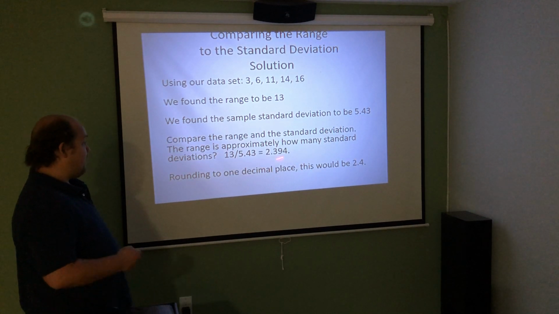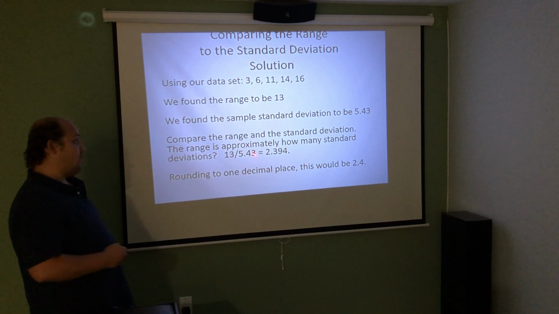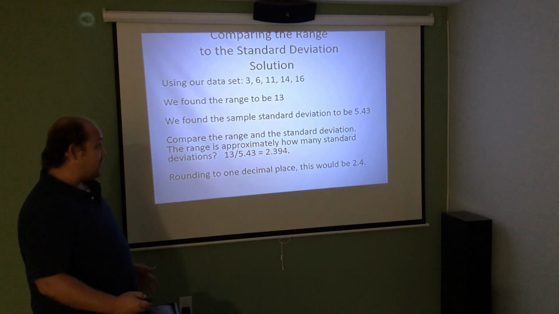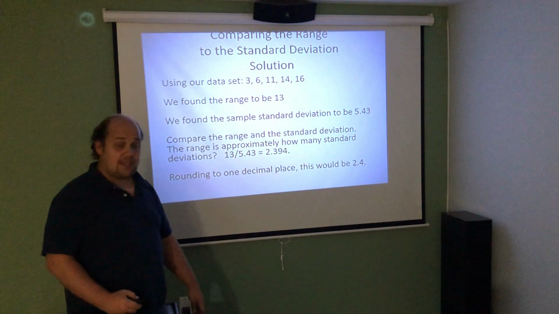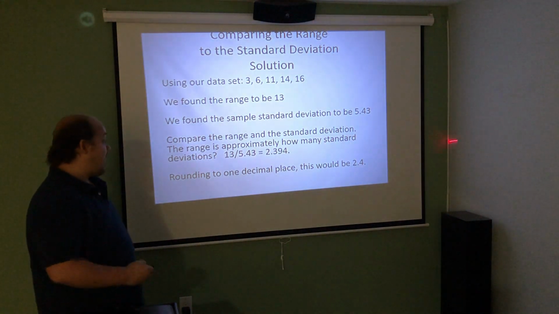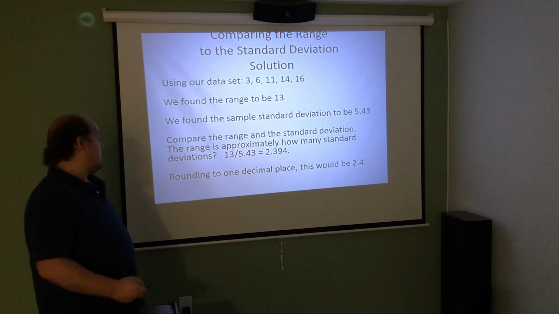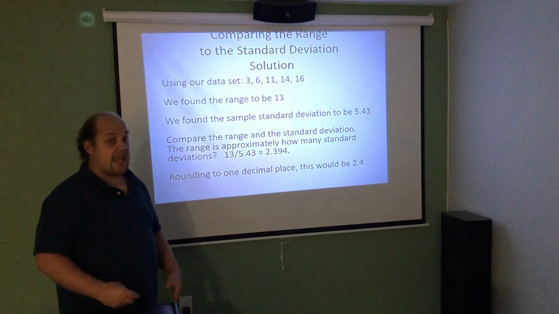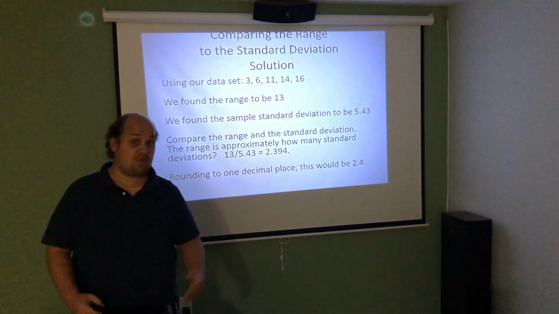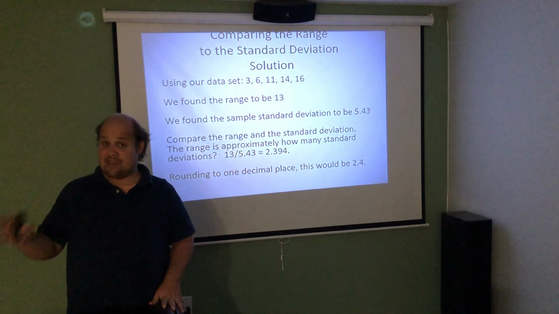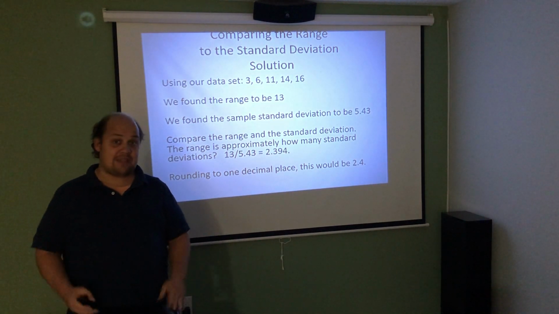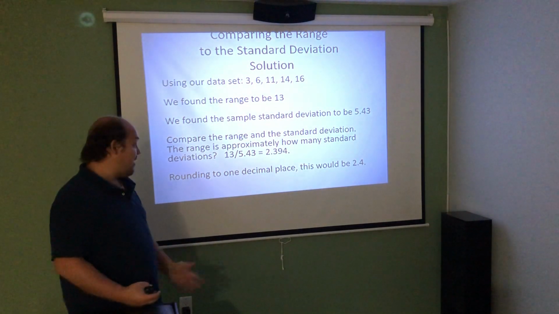So when I do it, 13 divided by 5.43 gives me an answer of 2.394. Rounding to one decimal place, because I believe that's what the instructions are in Cengage, I would call this 2.4. So there are approximately 2.4 standard deviations within the range. Again, as long as I did all the hard calculations before, this should be an easy step. Take your answer for standard deviation, take your answer for range divided by standard deviation, and then round to however many decimal